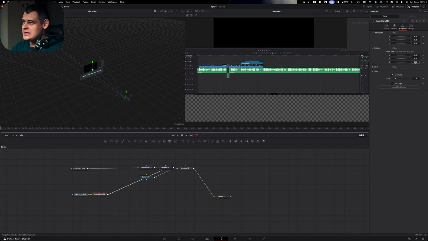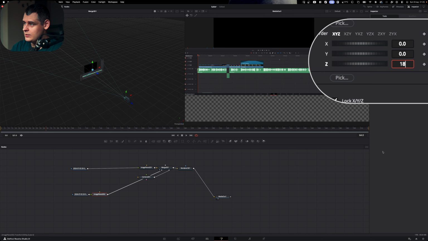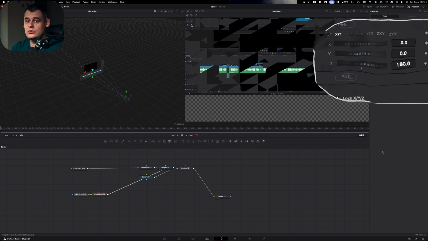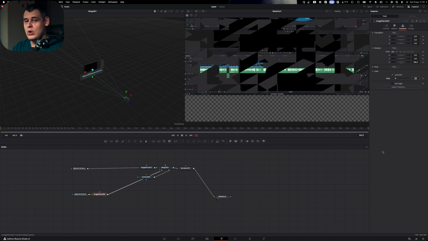We're going to find Z or Z-axis, depending on whether you're a Canadian or from US, doesn't matter. And we're going to type 180 degrees. And right now we have two footages. One is looking up from down to up, the other from up to down, doesn't matter. We're going to move this footage